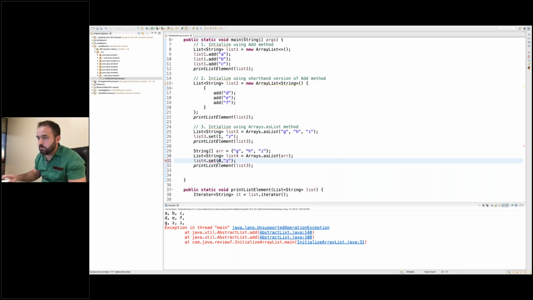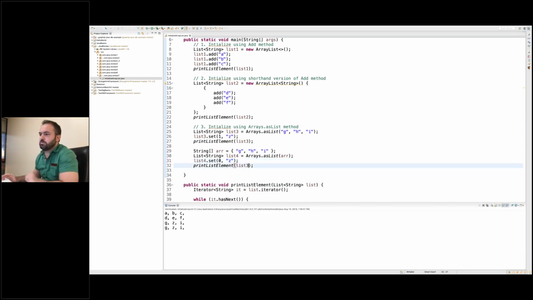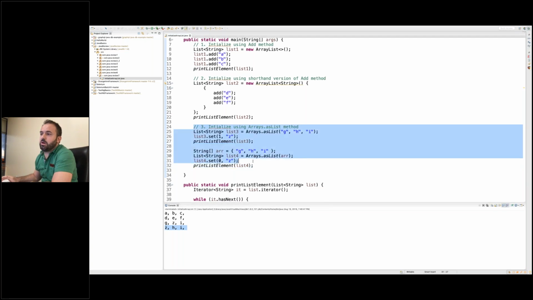Let me do 0 this time. So you're changing the first element or the index 0, and then here, oops, of course you're not printing list 3, but you're printing list 4. Okay, and then you see z, h, i. Okay, this is the 4th. So this is the 3rd way of initializing. Okay,